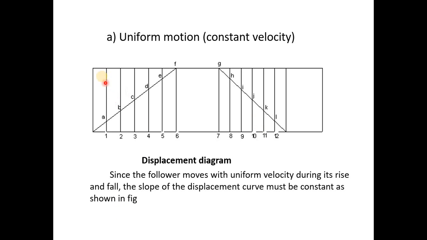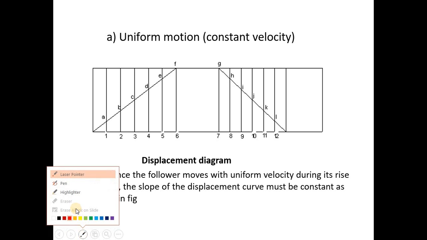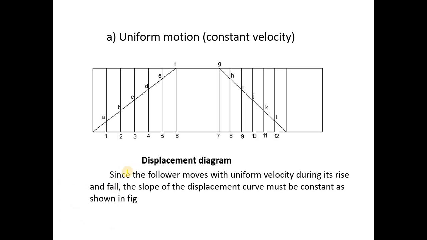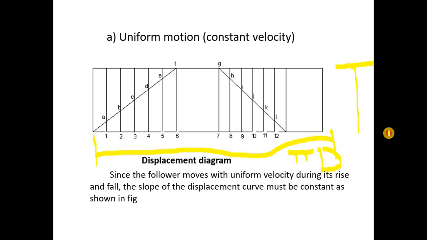You can see over here how you can draw this motion. I will take the highlighter. This is what we call the total distance, pi d, that is the entire rotation of the cam, pi d. What is the vertical distance? This is what we call the vertical distance. This vertical distance is nothing but the stroke of the follower. This is the stroke of the follower.